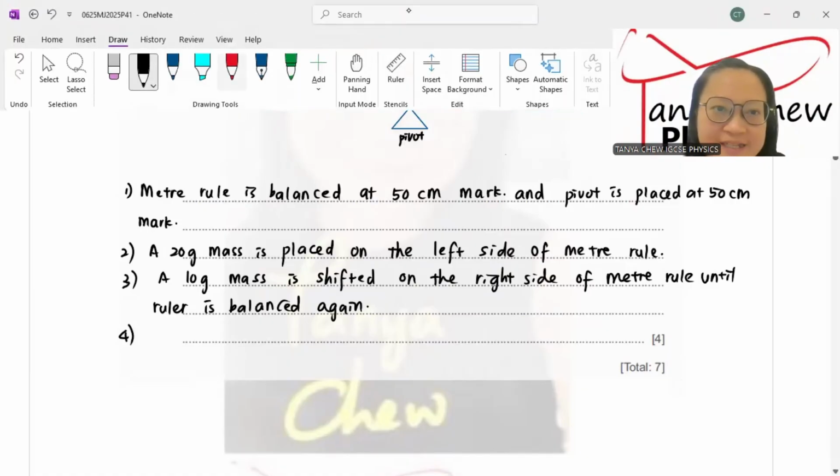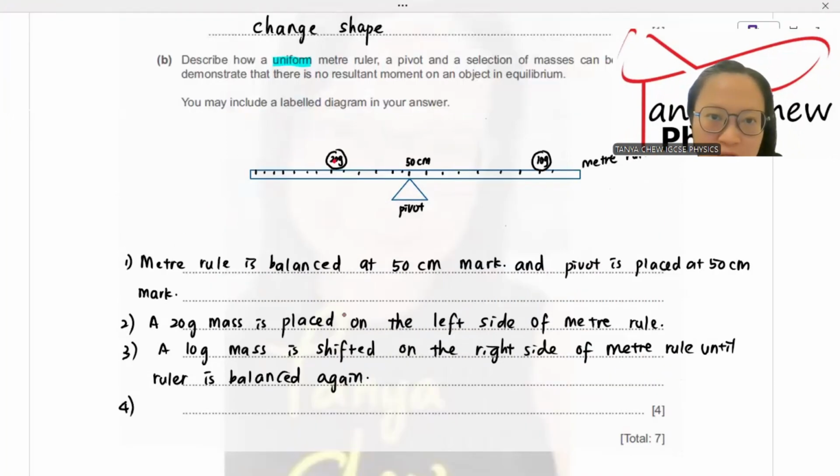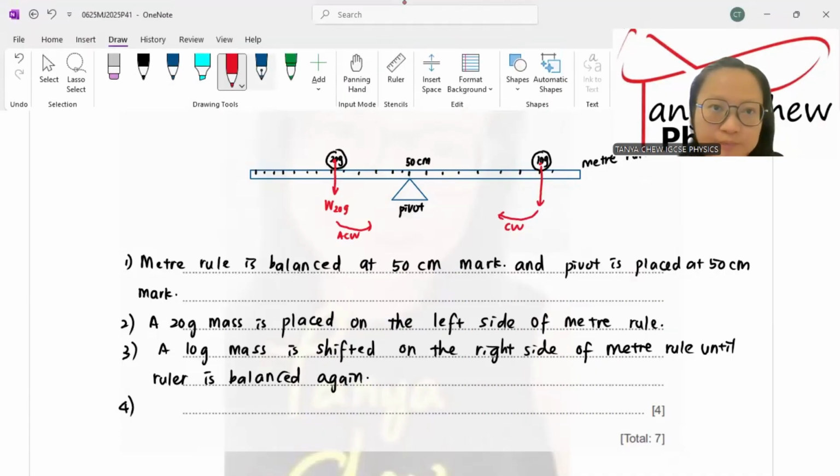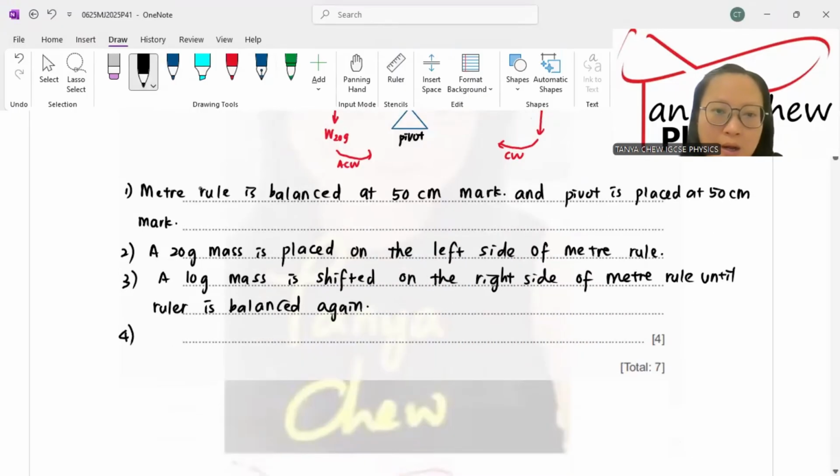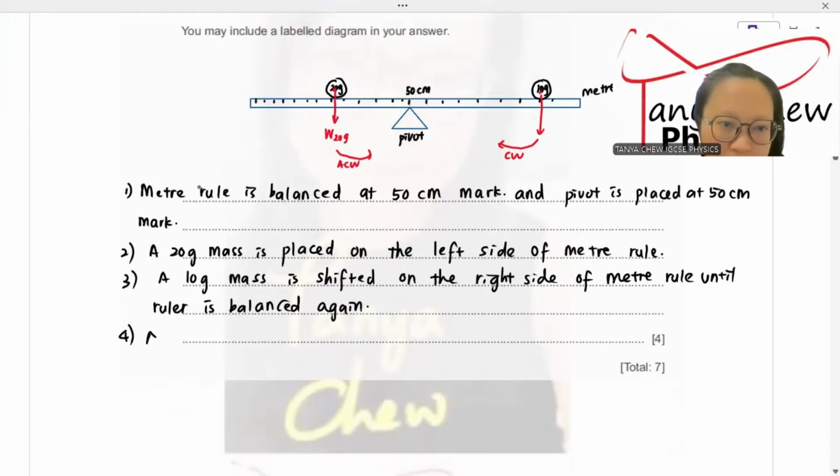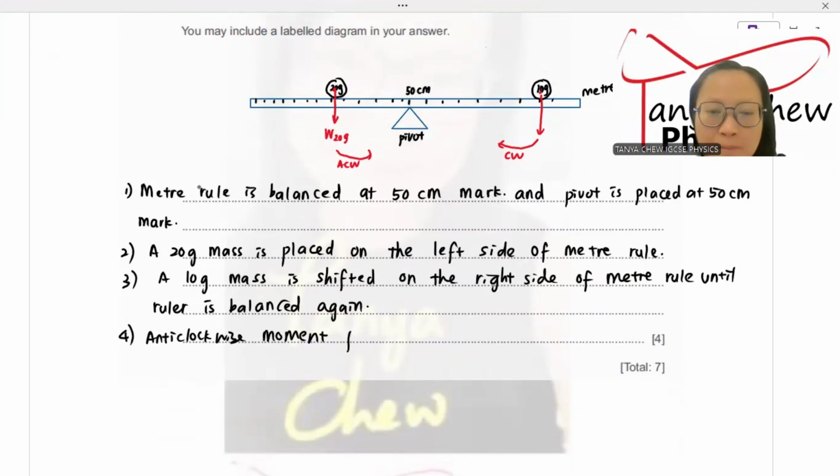And then, okay, how do I show the anti-clockwise moment is equal to clockwise moment? Now, I want you to see this very carefully. I want you to see that this 20 gram, there's the weight of the 20 gram. The weight of the 20 gram produces this, which is called anti-clockwise moment. Weight of the 10 gram produces clockwise moment. I am going to write that down. Now, anti-clockwise moment produced